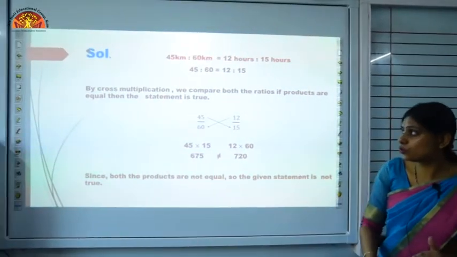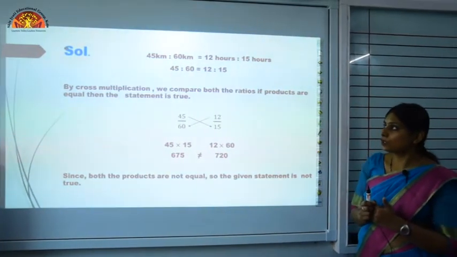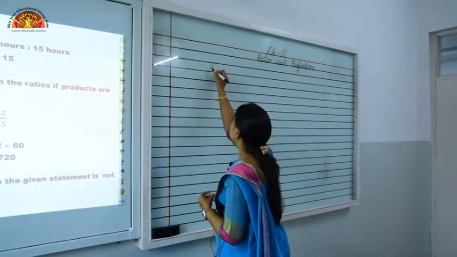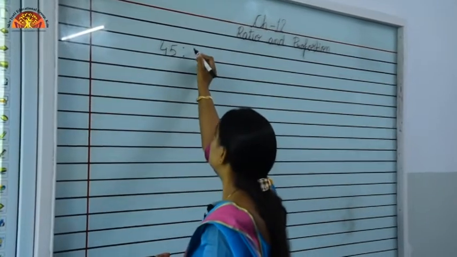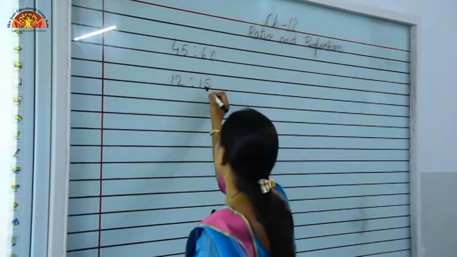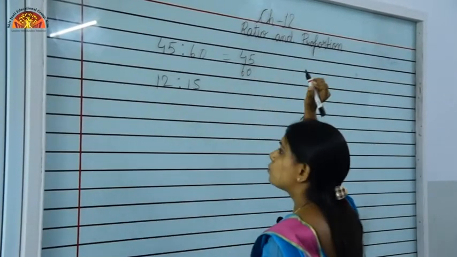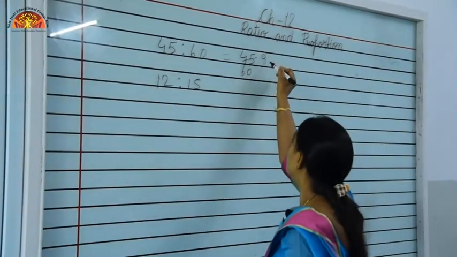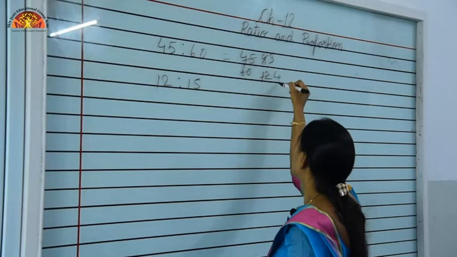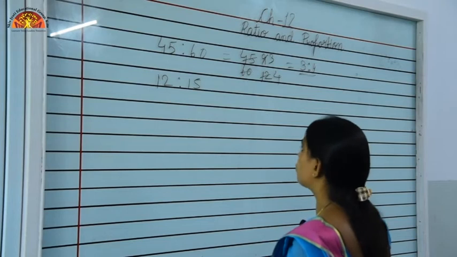Again we'll find the ratio, and if the ratio comes out the same, we can say that these terms are in proportion. Okay, so now just see, the question is: first we'll find the ratio of 45:60, and then the ratio of 12:15. So we can simplify it. 45 upon 60. When we find the ratio, 5 nines are 45, 5 ones are 5, 5 twos are 10, 3 threes are 9, 3 fours are 12. So the ratio of 45:60 is 3:4.